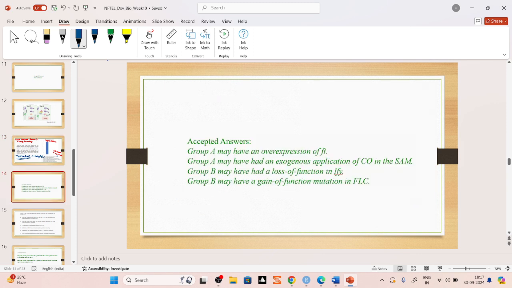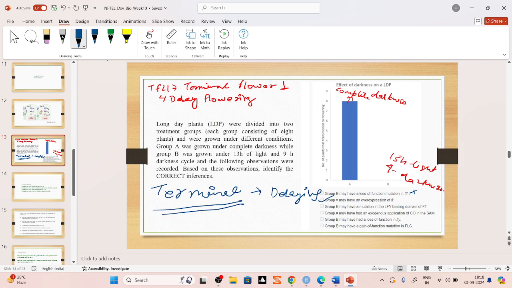Okay, so could you understand? Could you understand why? Sorry. So that is why this option becomes